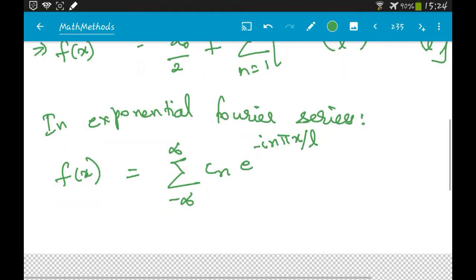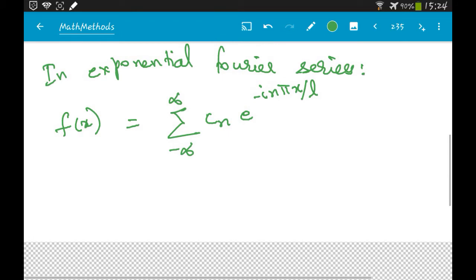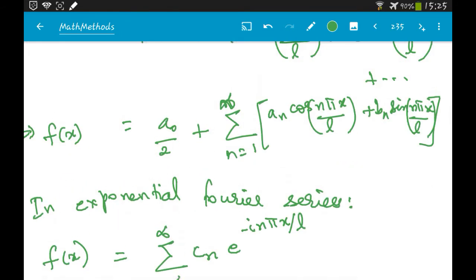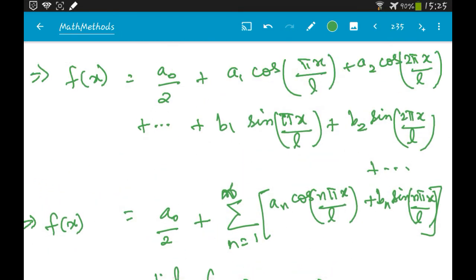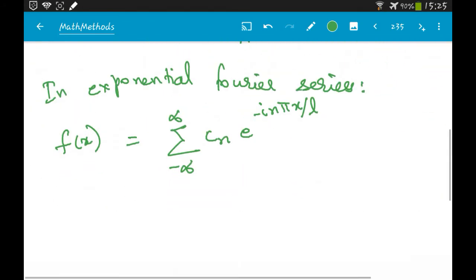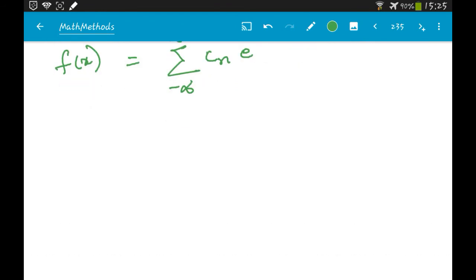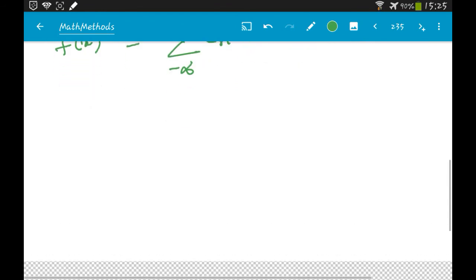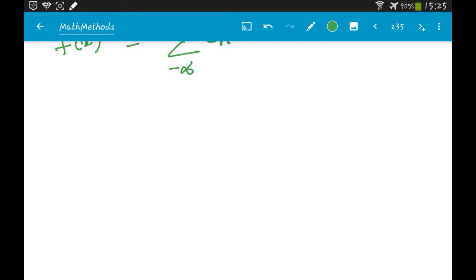Okay, so this is how you would do it. Again here we have the coefficients a0, a1, a2, b1, b2, etc. So we need to find them. You can use the same procedure and verify it. But the basic idea is the coefficients will be given by 1 by L integral from minus L to L